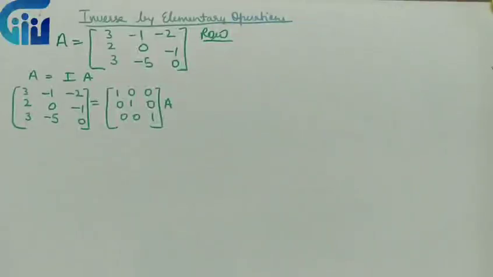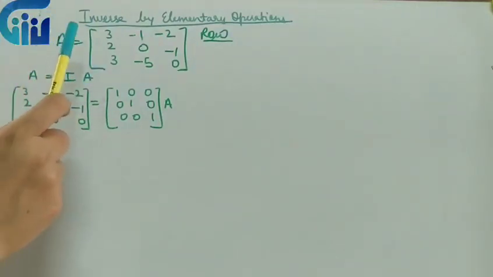Now we will find the inverse by elementary transformation, and that too by a row operation for a 3 by 3 matrix. Very important question. Sometimes it is asked for 6 marks. So very important, whatever steps I do, everybody is supposed to follow all those steps. So first thing, if I am doing it by elementary row transformation, I'll write first thing A is equal to IA, which nobody will miss.